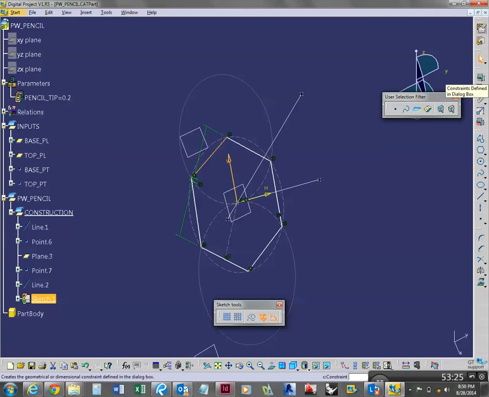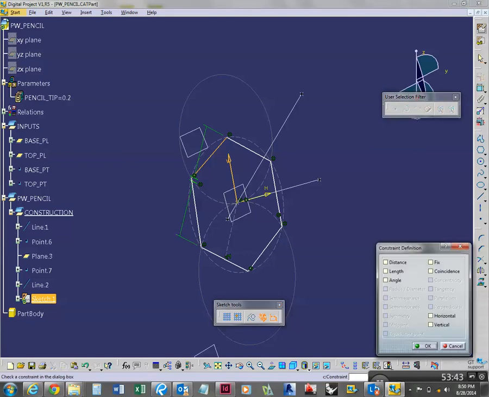Does everybody see that? Yeah? If you click that button,